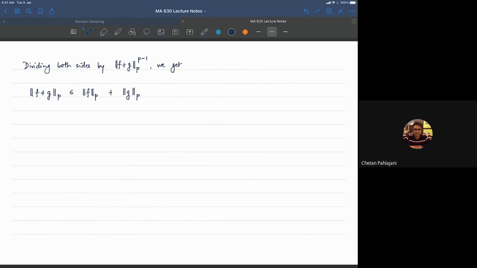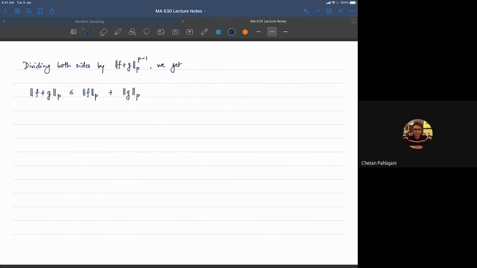All right, so let's take stock of where we are. We have shown that LP is a vector space. That is done. We have defined this norm symbol, and we're almost there to showing that it's a norm. We've taken care of the first requirement for norms by identifying functions which were equal almost everywhere. We've taken care of the third requirement for norms, which is the triangle inequality. So the only thing that's left is to check that norm of alpha x is absolute value of alpha times norm x. That's all that's left. And let's just wrap that up also.